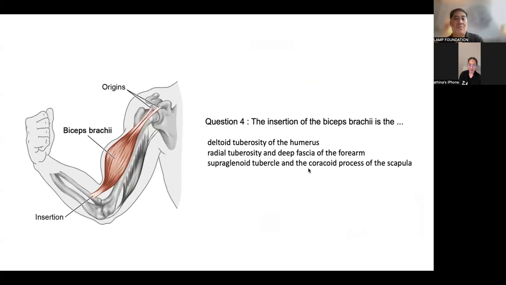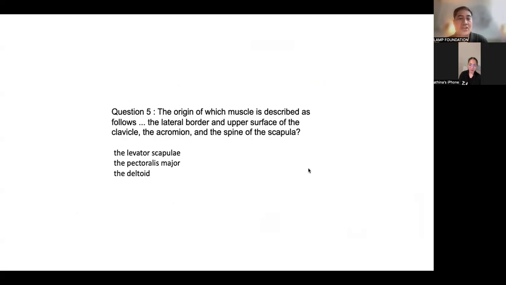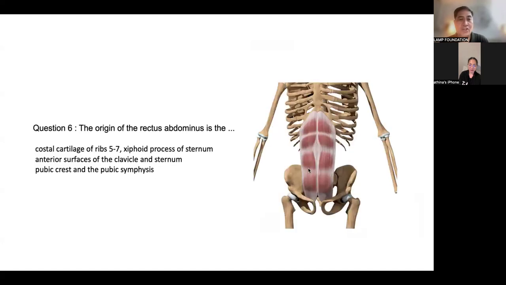The insertion of the biceps brachii is the radial tuberosity and deep fascia of the forearm. The origin of which muscle is described as follows: the lateral border and the upper surface of the clavicle, the acromion, and the spine of the scapula? It's the deltoid. The origin of the rectus abdominis is